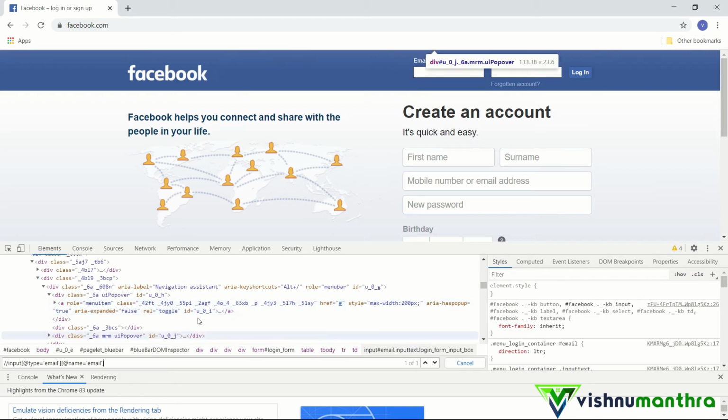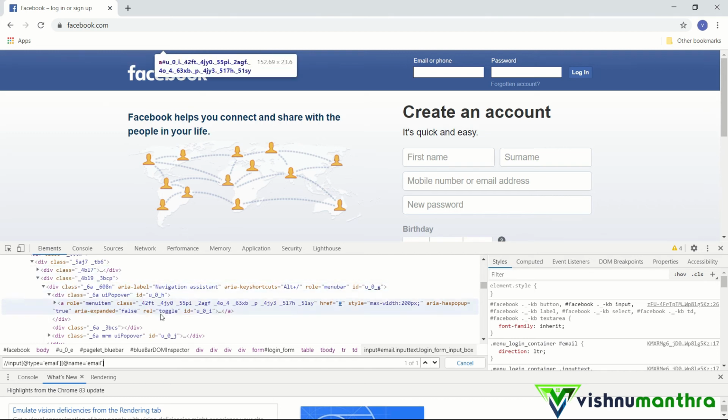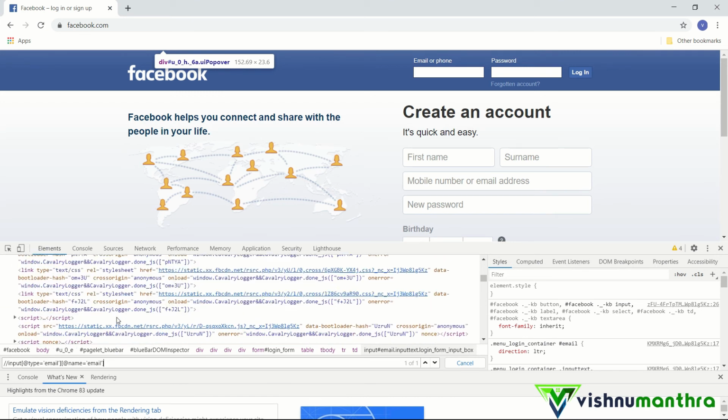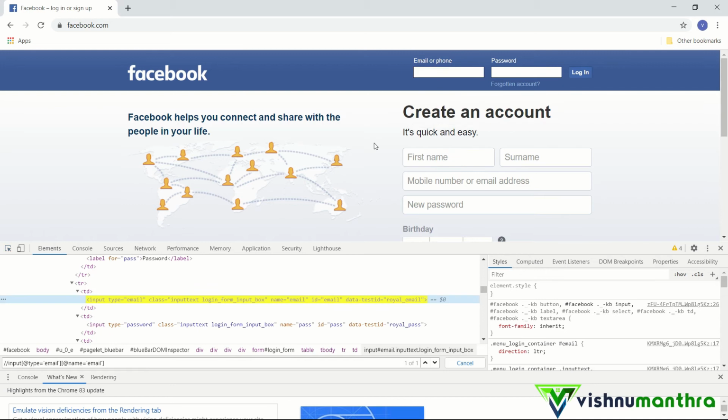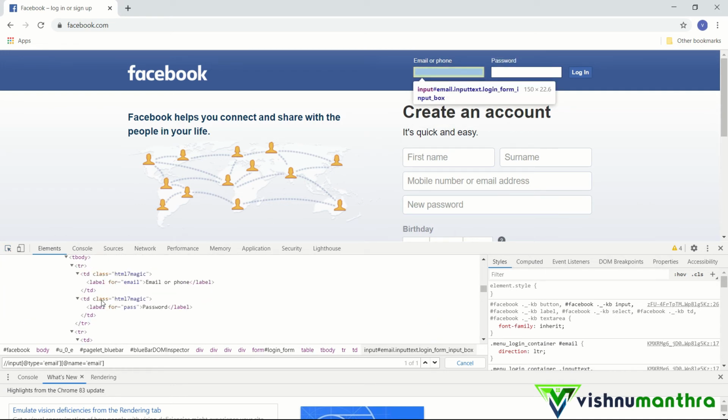Okay, now something else we can look at is chained XPath. Suppose you want to come from one parent, and we don't want to go to the immediate elements, but go to a subchild. How will we do that? I can tell you an example. If we take this itself, you can see that it is inside a td.